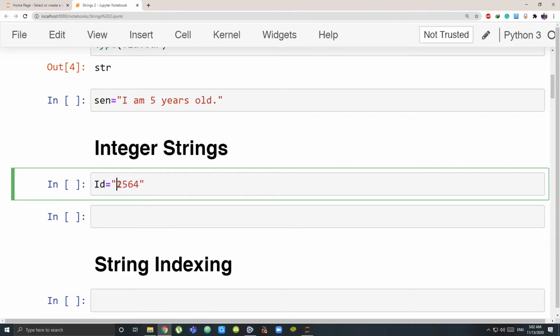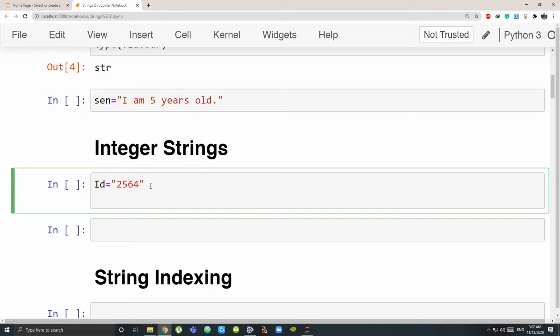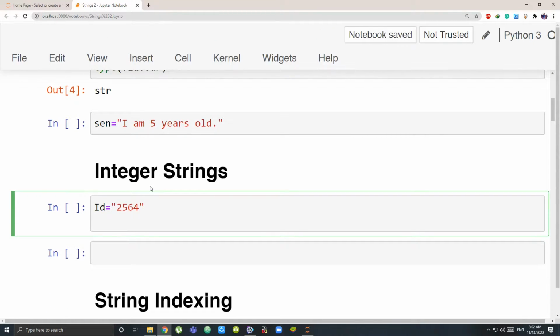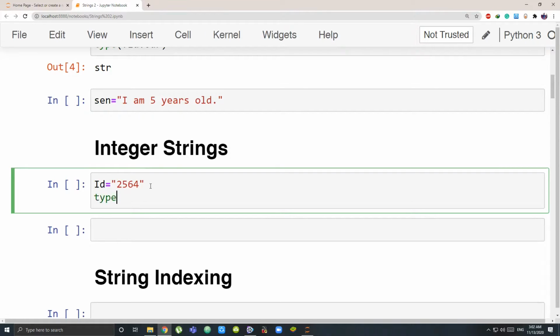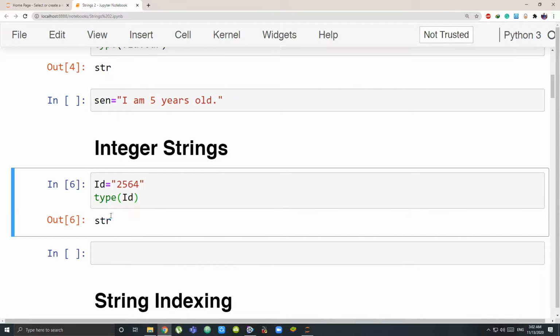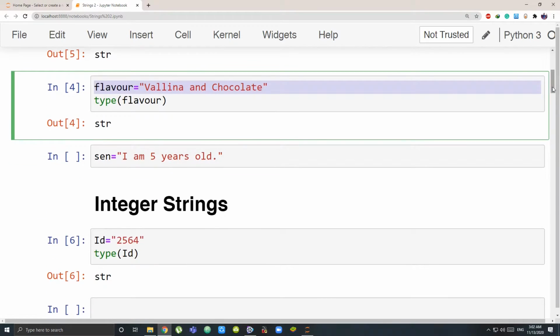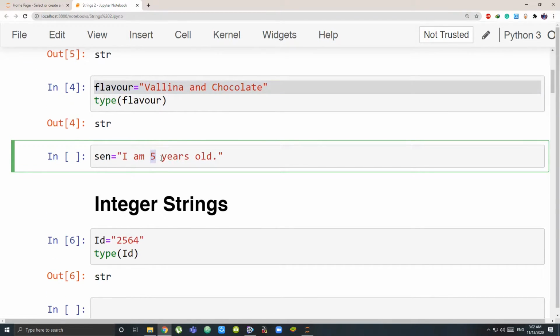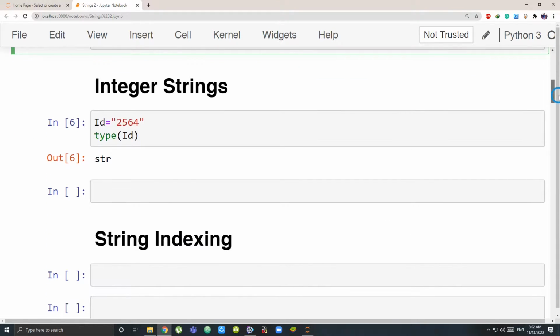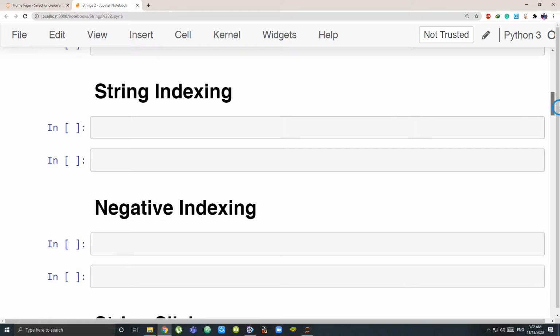And when I store this as string means I'll store this in double quote. I can't perform any operation, no addition of IDs, no subtraction of IDs. Let's see what is the type of my ID variable. It's a string. I can't add something to this. So this makes integer string. You can have integer strings or you can have character strings which are having character, or you can have a combination where I am having integer also, I am having some characters also. This is called strings.